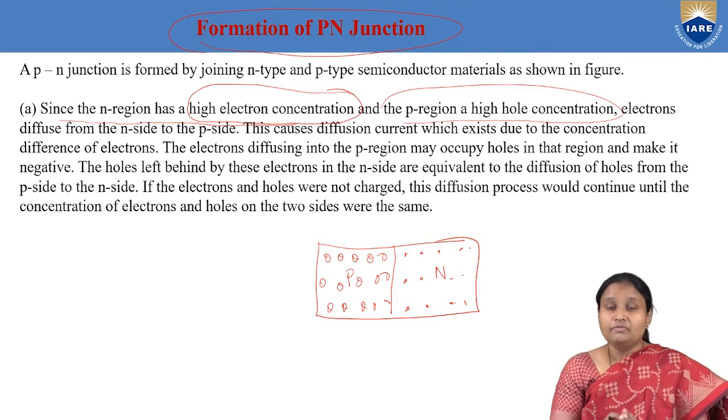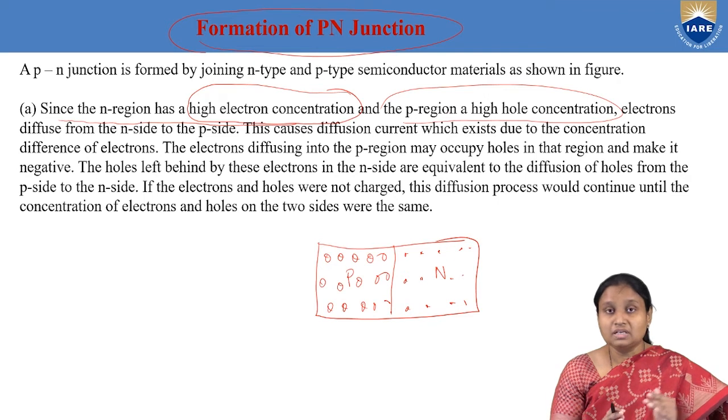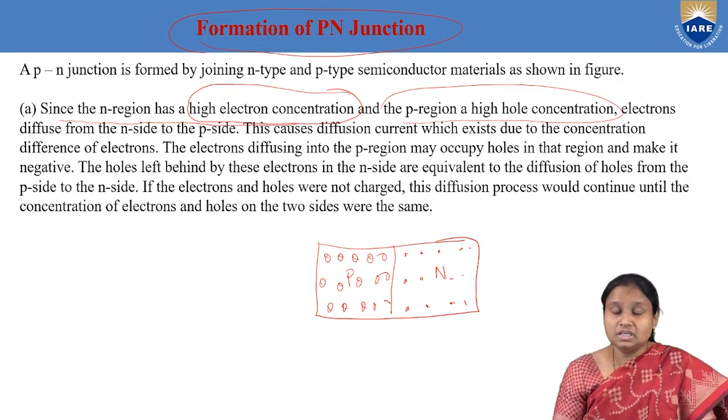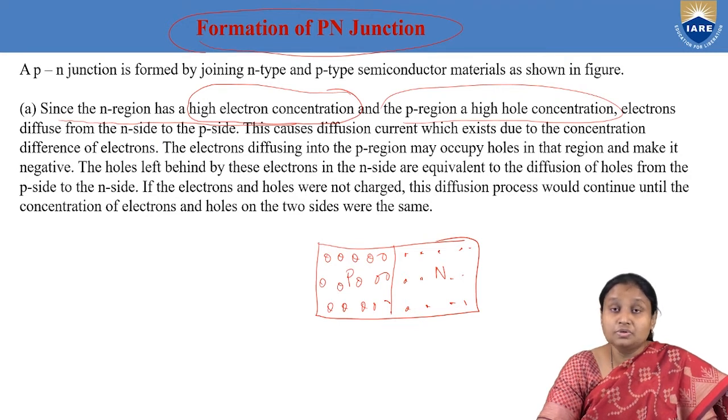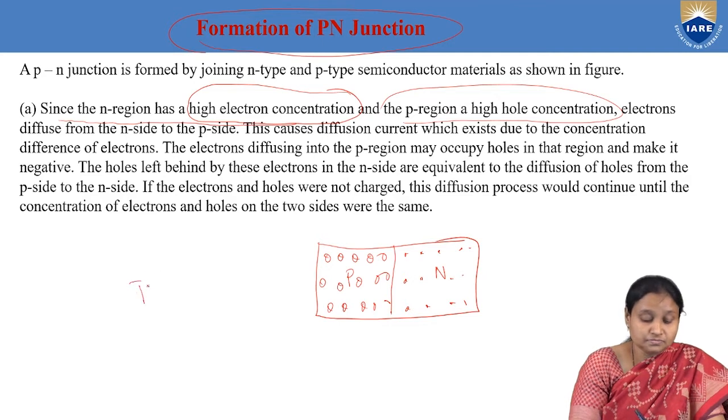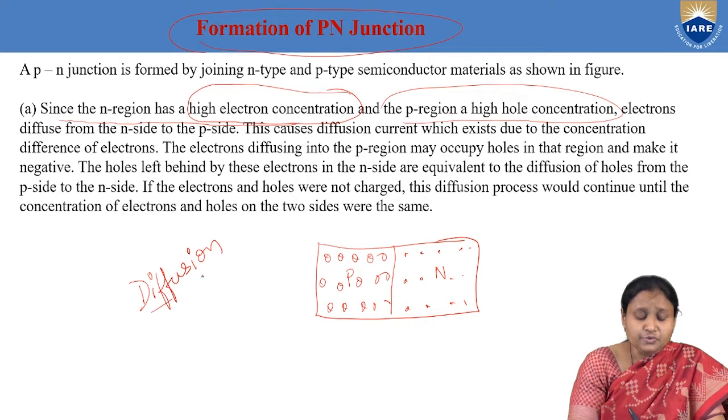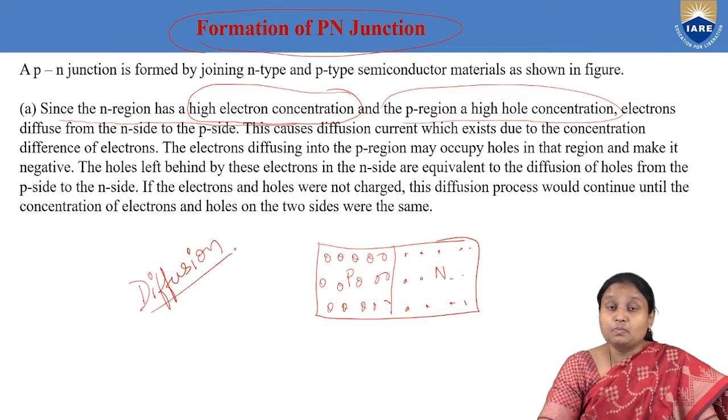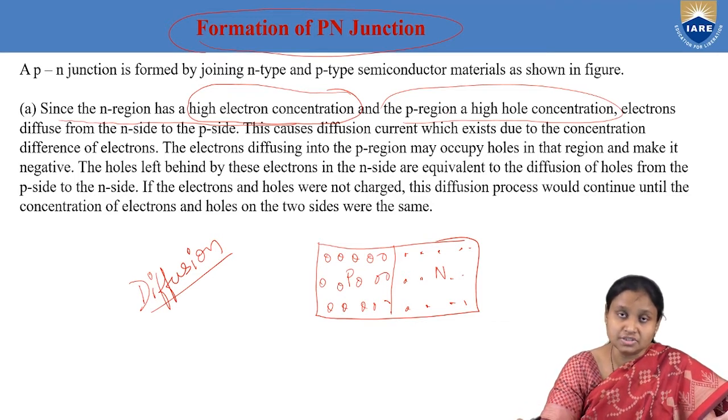So now, we know that when there is one region with higher concentration and another region with lower concentration, a particular process is going to take place. That process is called diffusion. So diffusion of charge carriers takes place once the PN junction is formed. What do we mean by diffusion of charge carriers? Diffusion of charge carriers is nothing but the flow of charge carriers from a region of higher concentration to a region